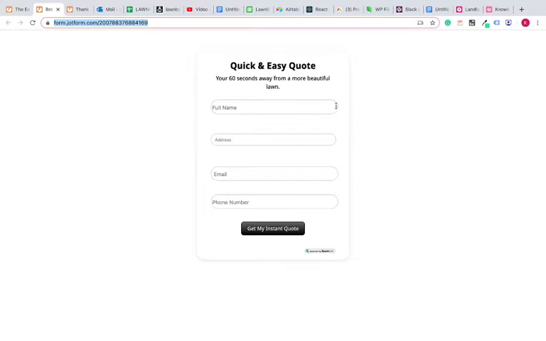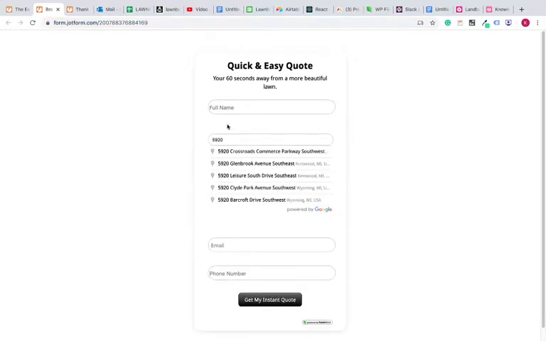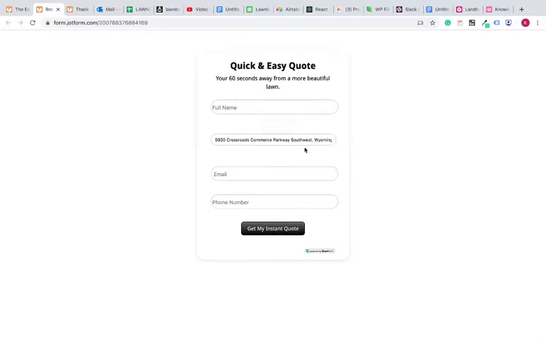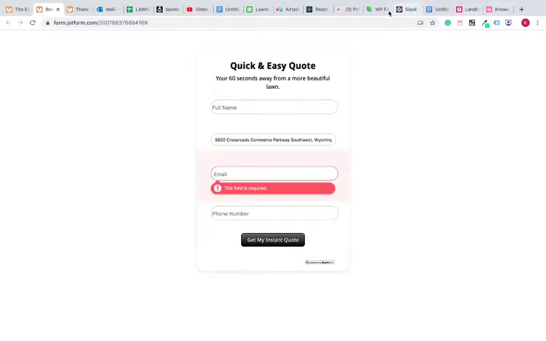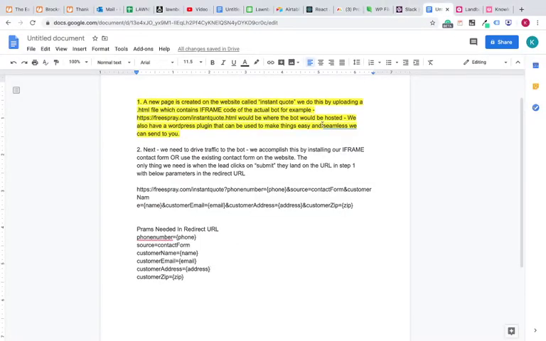Anything entered in this box will be the name parameter. Anything entered in this box, in this case we're using Google to geolocate the address, would be the address. Email would be email, that kind of thinking. Phone number would be phone number. So that's basically how we're getting folks. They go to your website, they fill out the contact form, they click submit, and boom, they land right on the bot. They don't have to enter any more information because we just passed it all through the